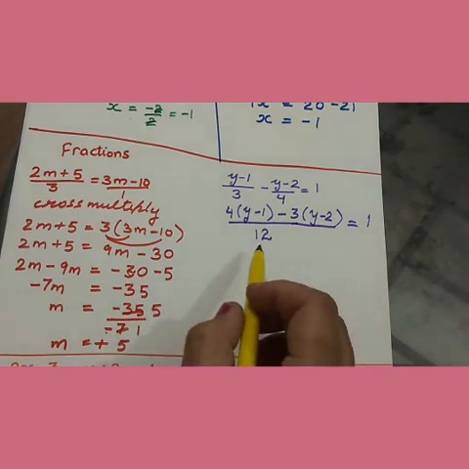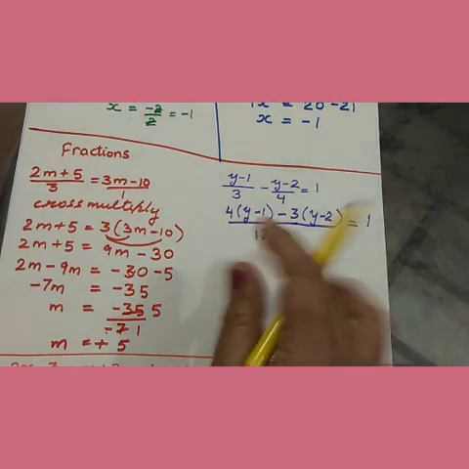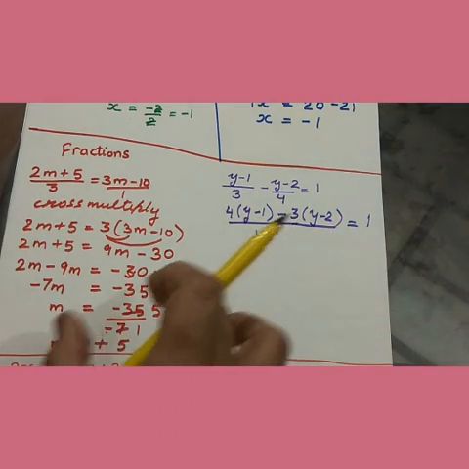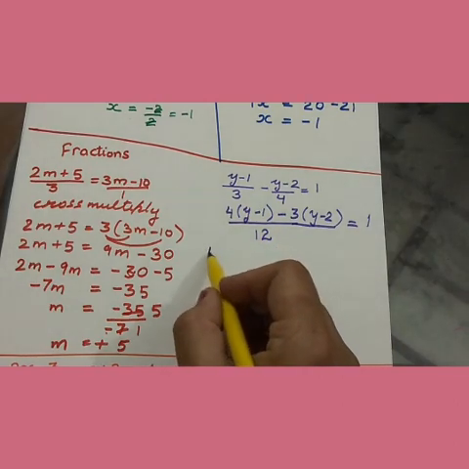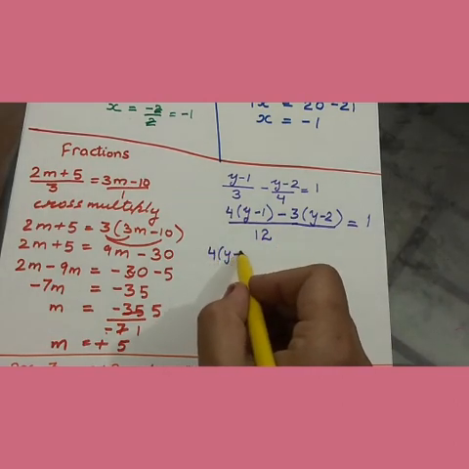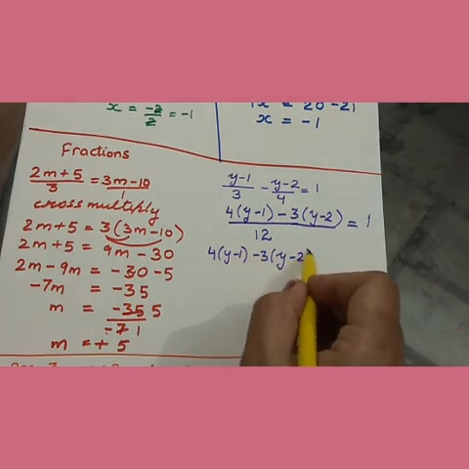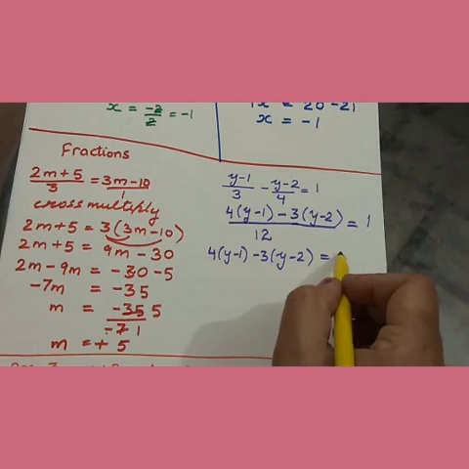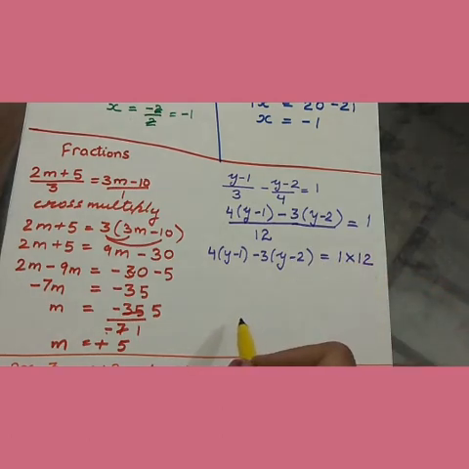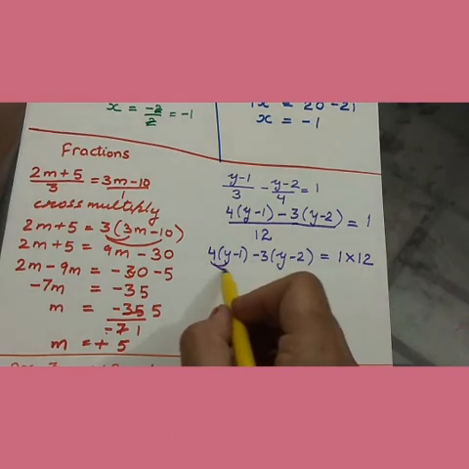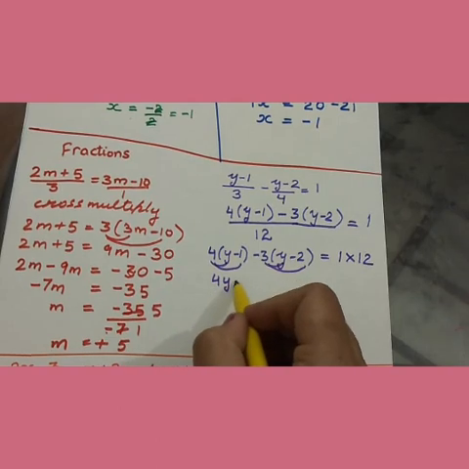Now after that, the next step is cross multiply, because we now have the equation somewhat the same as what we have done in your example number 3. So what we are going to do is, we are going to write the numerator as it is, and this 12, when you cross multiply, it will be multiplied by the number which is on the right hand side. Now we are going to open the brackets for solving the left hand side.